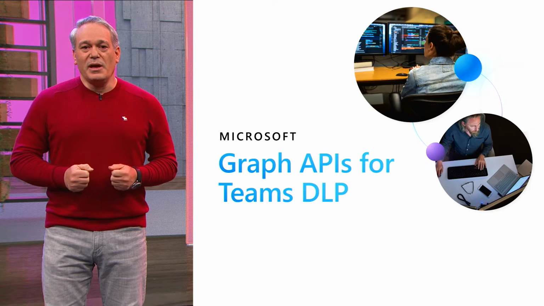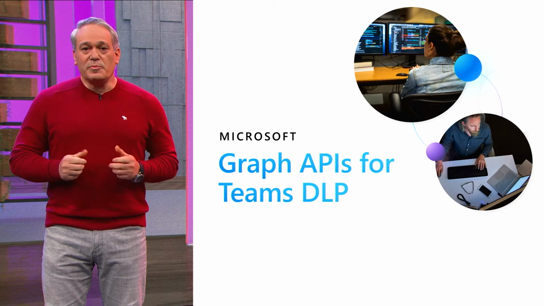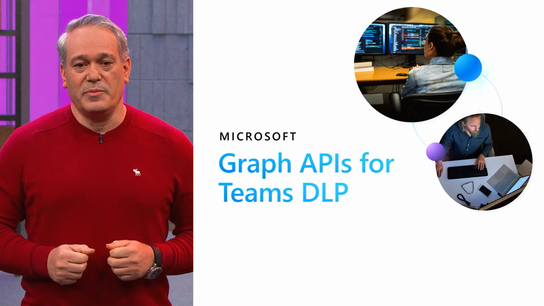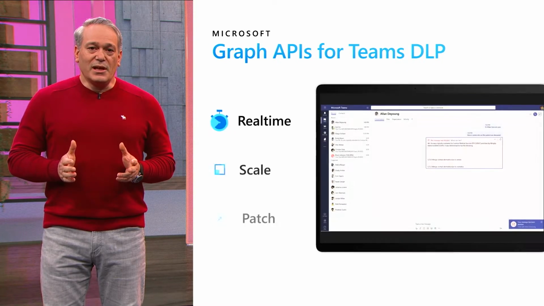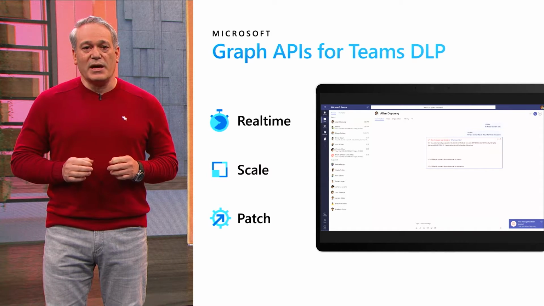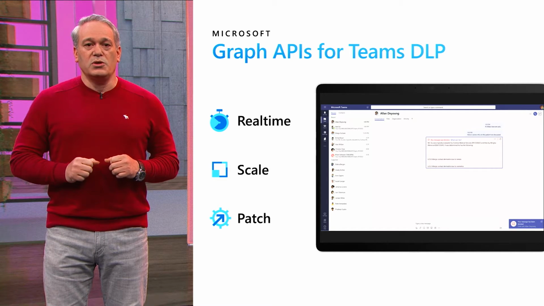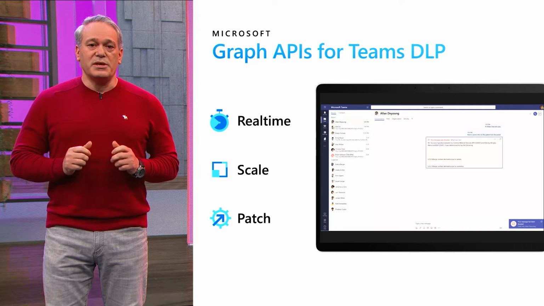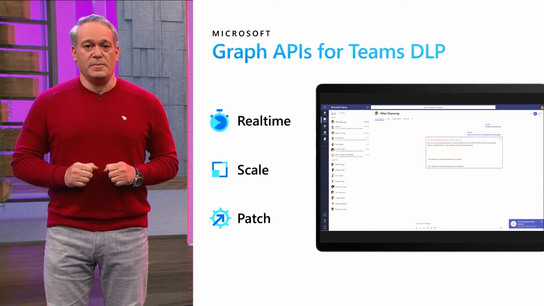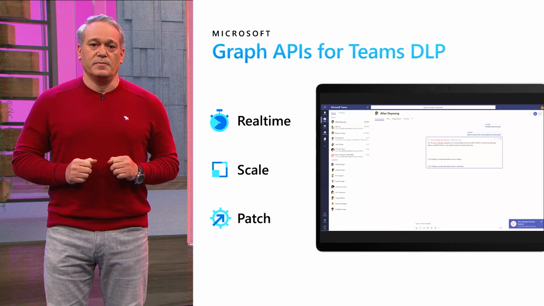Thank you, Hamad. I'm excited to be here today to talk about Teams Graph APIs for chat and channel messages. These APIs enable compliance solutions by providing premium access to Teams messages. Let's start by talking about Graph APIs for Teams DLP applications. When we sat down to design APIs for the DLP use case, it was important to provide developers with the ability to access and evaluate chat messages in near real-time and at scale. We also wanted to enable a consistent user experience when a message needs to be blocked based on the DLP policy. To achieve that, we enabled two APIs that make DLP applications work.